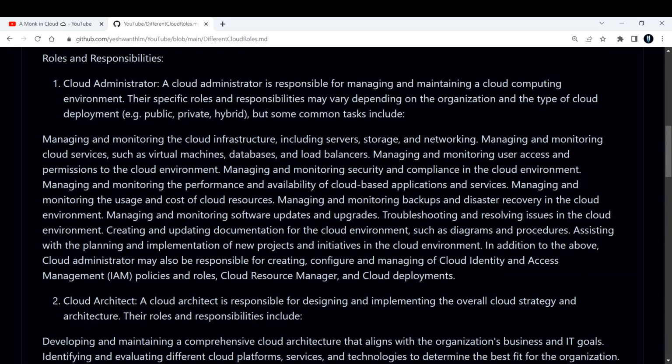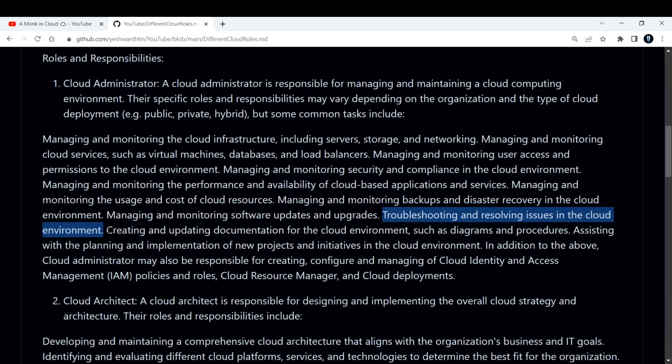Let's say you are hosting some application on your cloud environment, and if there is any update on that application, or any upgrades that are happening, you should know how to do that, right? So you should also know how to troubleshoot and resolve issues in your cloud environment. Let's say something is broken in the network layer, you should understand where exactly the issue is, go there and fix that particular issue, right? So you should know that.